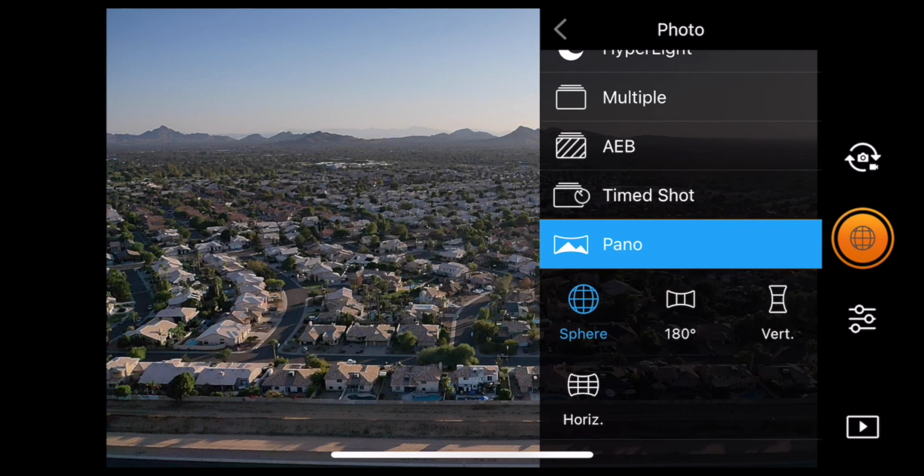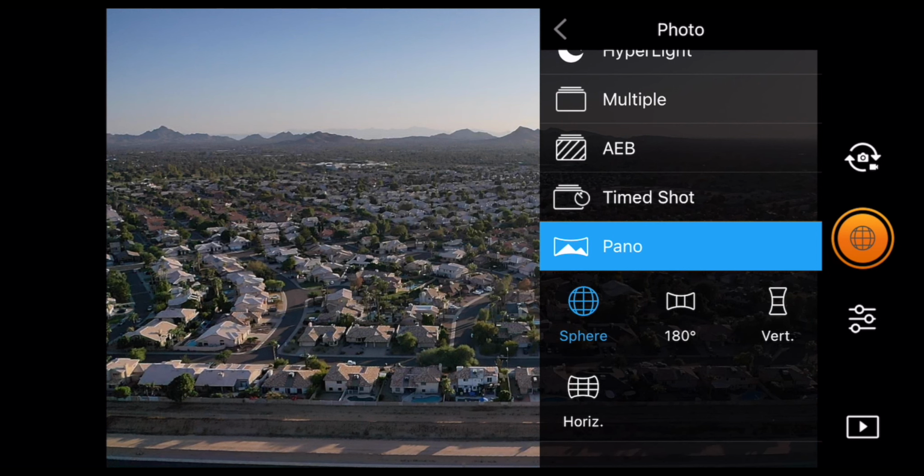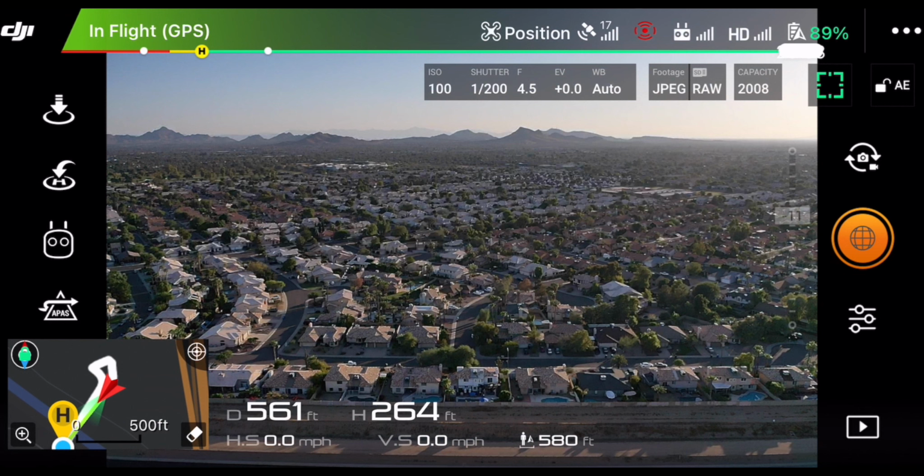and in here we have the option of doing a sphere, which is our 360 panoramic photo that we're going to do, but you also have the option of a 180, a vertical, or a horizontal. So we're just going to go with the sphere, and just like taking a picture, you just want to hit